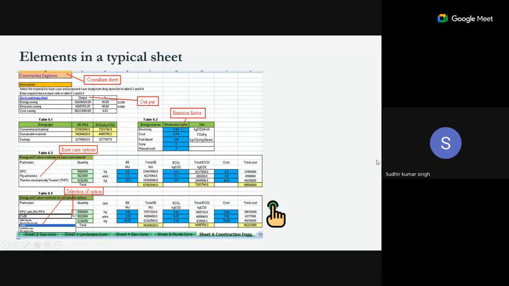So, it looks like a typical construction engineer sheet. In this sheet, you have some data which you input into the sheet. Then you have some options which you can select, so a base case options and the best case options. Only 2-3 options have been taken, but there will be a number of 50-60 materials we have. All 50-60 materials we cannot